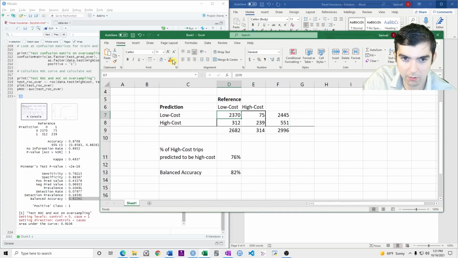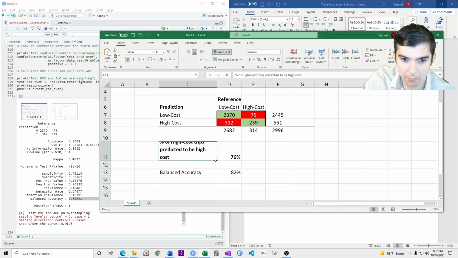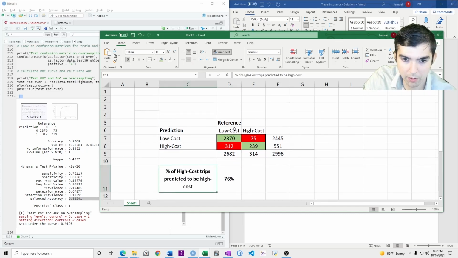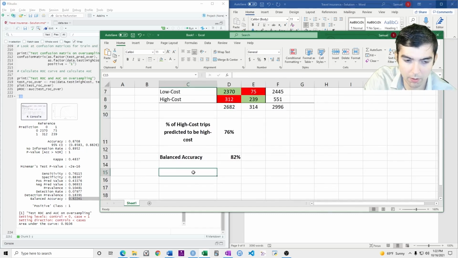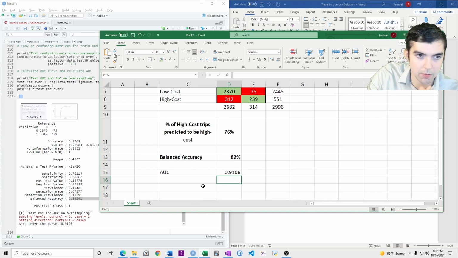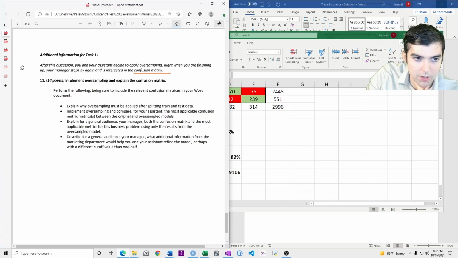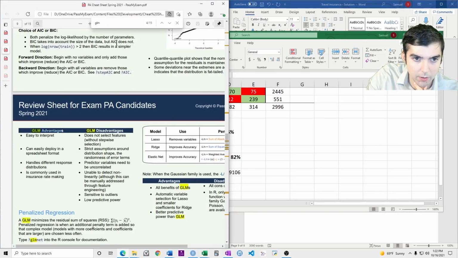One way is to just show that these are good values, and that these are bad because they're red. The metric that you really care about is this percentage here, so I'll make this bold. Okay, and then AUC. How do you interpret AUC? Well, you look on our cheat sheet and look under AUC.